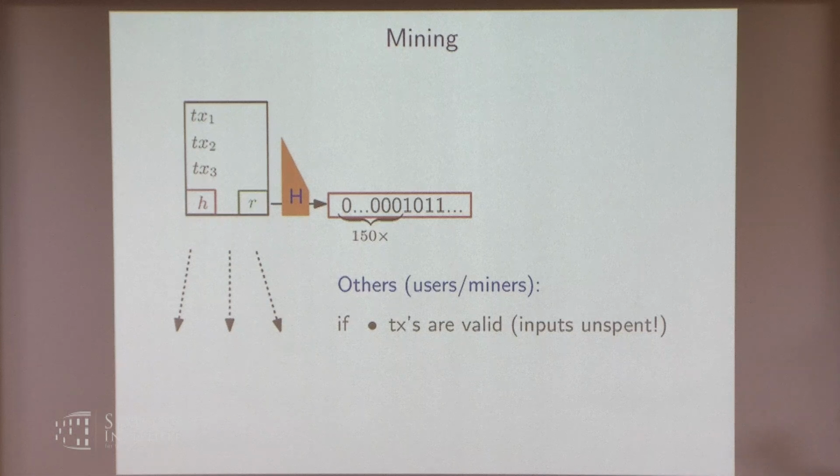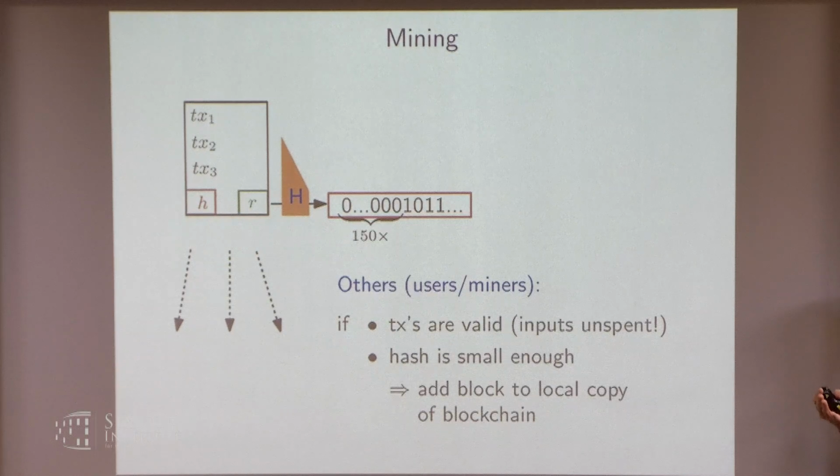So if I'm a miner, I receive a new block, I check the transactions in it. I have my local blockchain, and I check that the transactions in this new block are valid, so they spent money that actually existed in the system. It contains the hash of the last block that I have, so it really extends this blockchain. And I check that the hash value is small enough, so the miner really has solved this proof of work. And if all these conditions hold, then I say this is a valid block. I'll append it to my local view of the blockchain. And if I want to extend the blockchain now, I will work on extending it after that block.